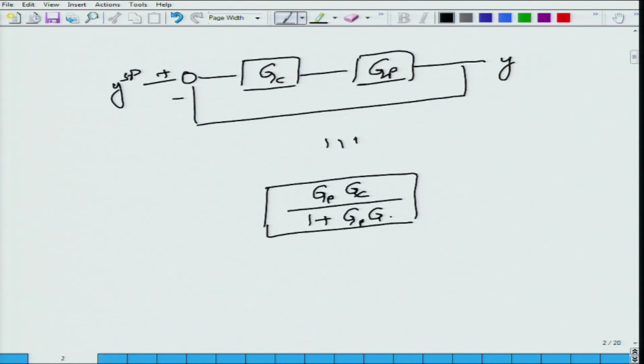The above block diagram is equivalent to this, it simplifies to this. And this I will call the closed loop transfer function. All right. Now let us look at the closed loop transfer function,